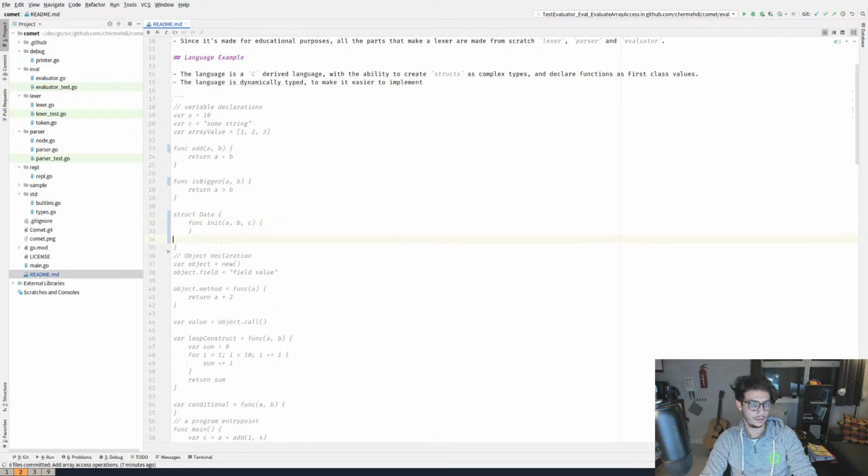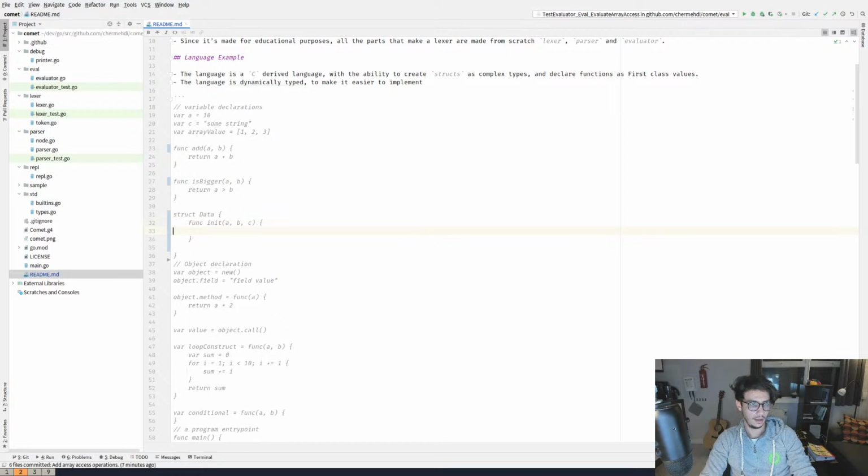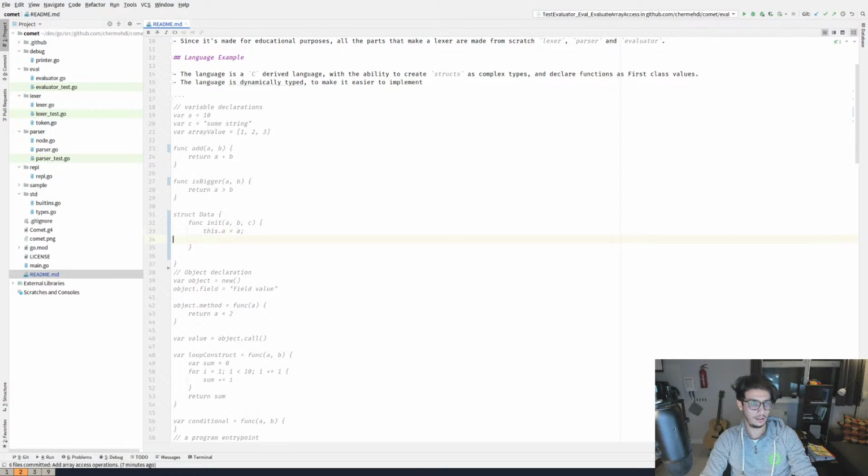Func, and it would have this dot a equals a, etc. This dot c equals a plus b.